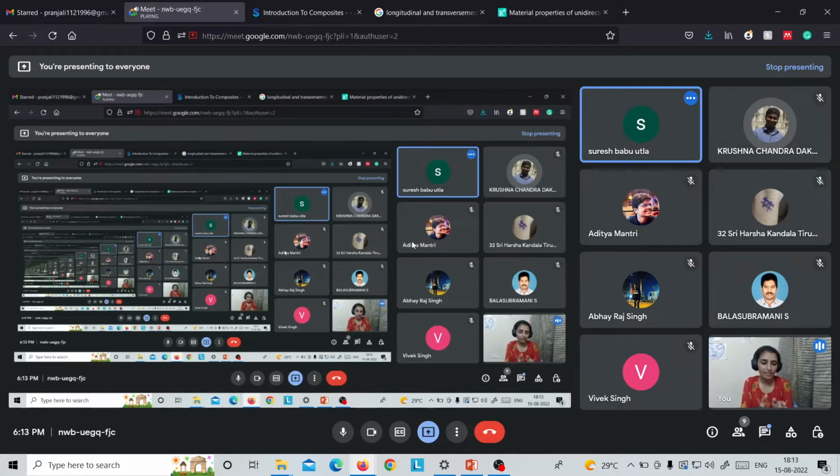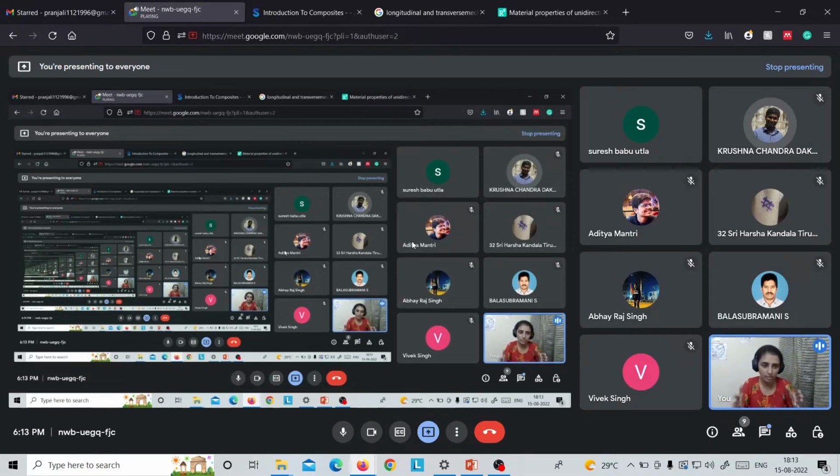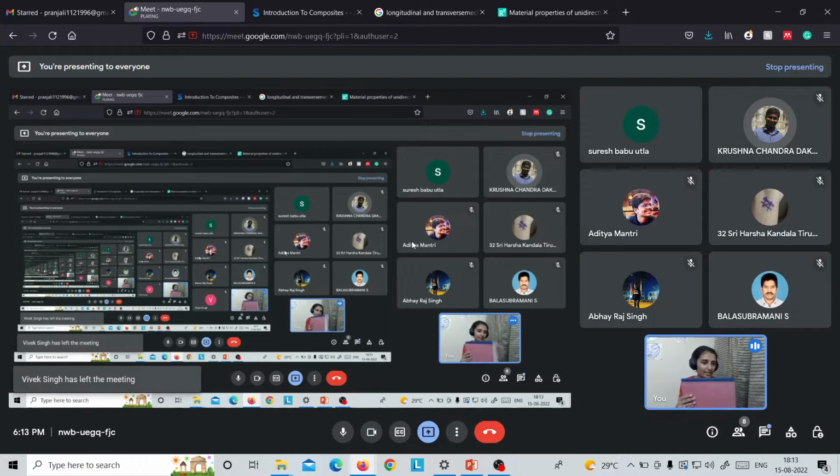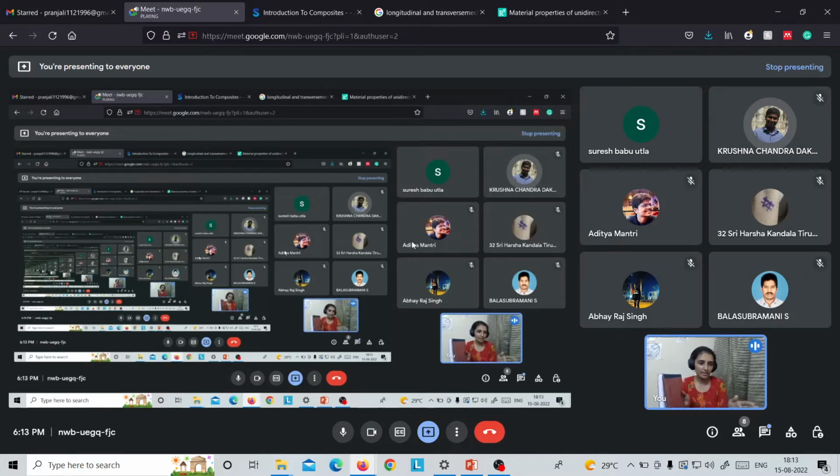But what we see is that there are matrix materials in between, right? You'll not directly be using only carbon fibers when you're considering an entire composite. There is matrix material in between. So if you have a laminate composite, that is glass sheets are there, matrix is there in between, that is resin. So we have like a square sheet like this. It's glass sheet. Then we have resin parallel to this one. Then we have another glass sheet. All these are there in series.